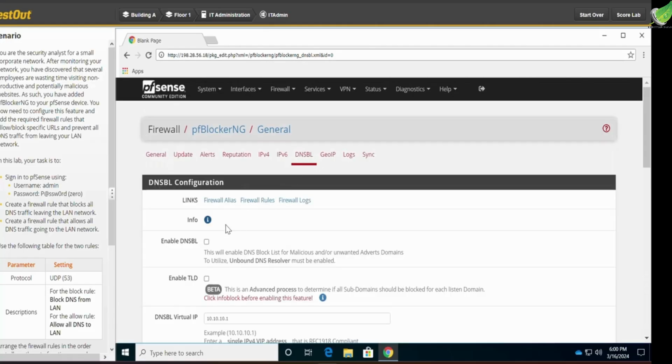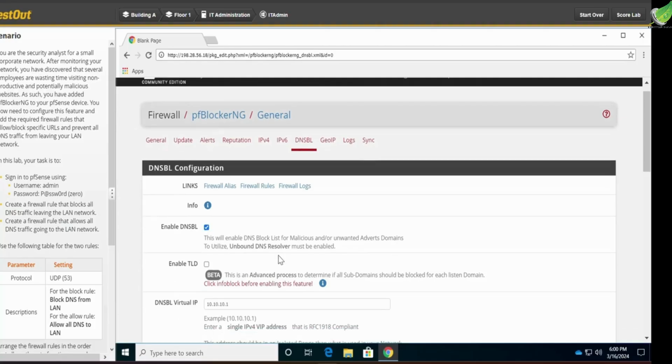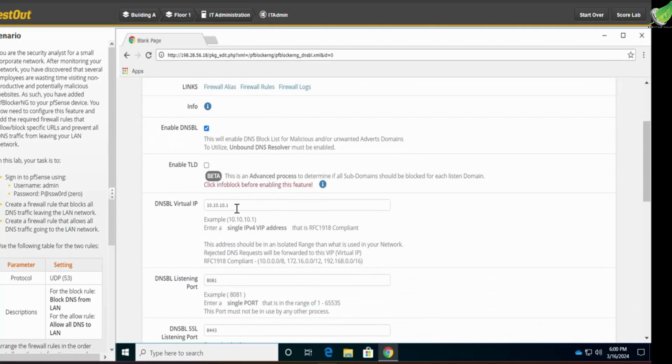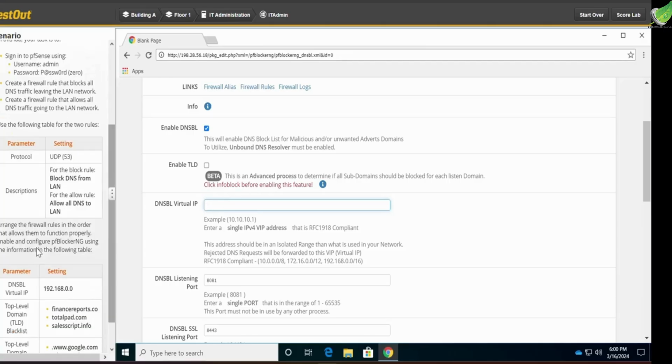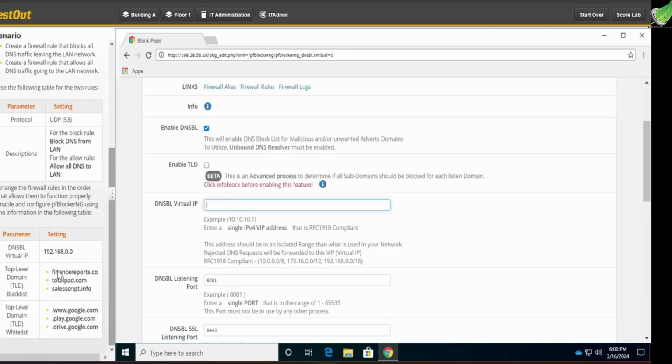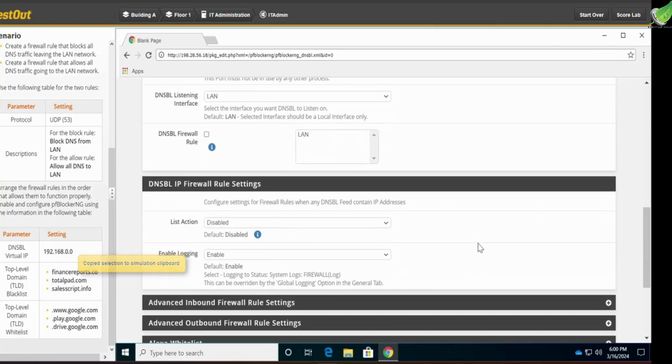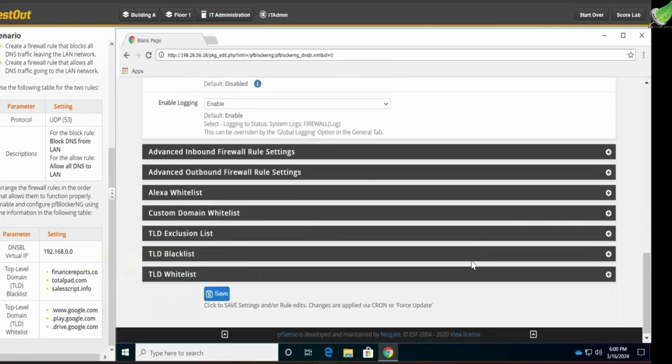DNSBL. For this, we're going to enable DNSBL, DNS virtual IP. We're going to input the credentials provided. Alright, so for this, okay, let's just copy and paste this here. And